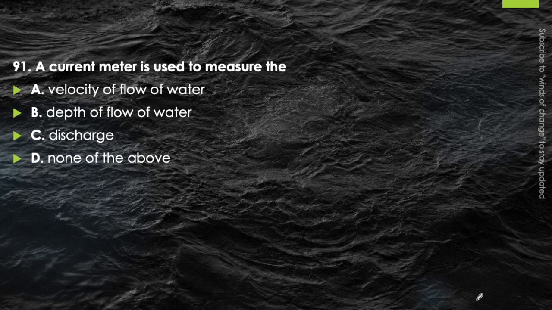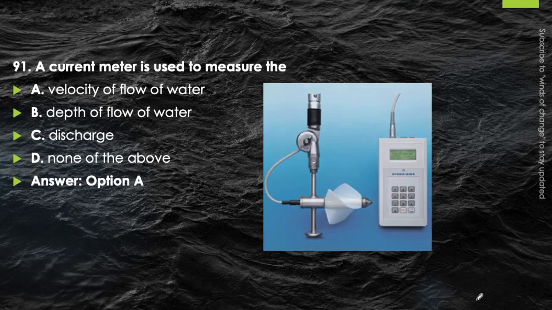A current meter. The current meter is also discussed in environmental engineering, also in water supply engineering, when the water supply is being taken to the house passing through ferrule, gooseneck and water meter. So the current meter is used to measure the velocity of water. This is the typical arrangement of a current meter. Through the number of rotations of this current meter, we will determine the velocity of flow of water.